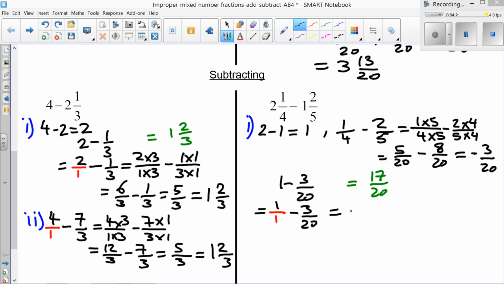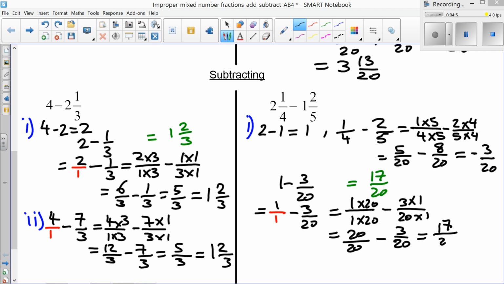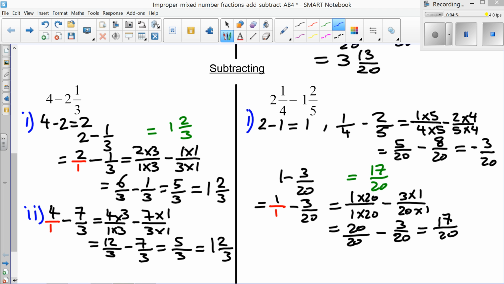Different denominators, so equivalent fractions are required. 1 over 1 minus 3 over 20. I multiply the 1 by 20 and do the same to the numerator. I multiply the 20 by 1 and do the same to the numerator. That equals 20 over 20 minus 3 over 20. Same denominators, subtracting numerators. 20 minus 3 is 17 over 20. The second method